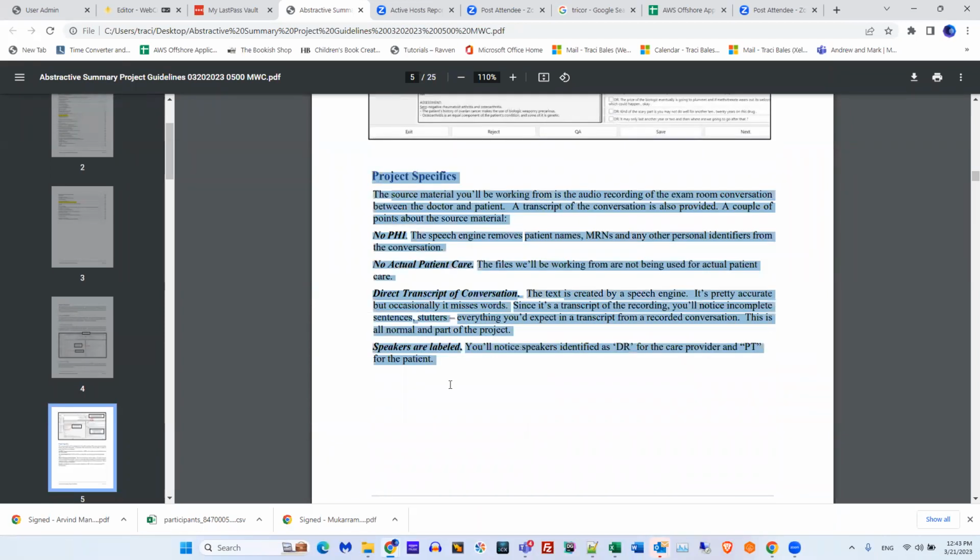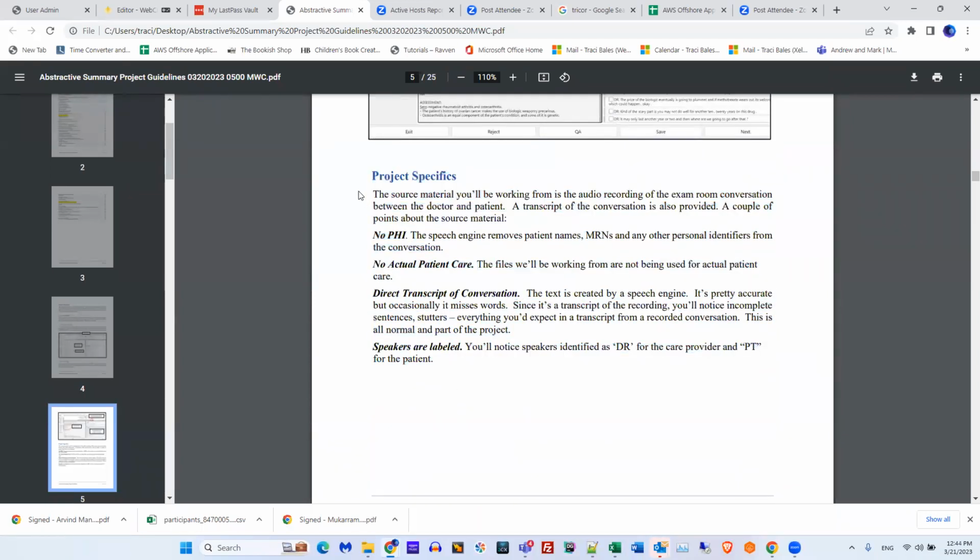Some additional project specifics that I may not have told you is that there is no PHI. So patient names, dates of birth, MRNs, doctor names, doctor locations, locations in general, those are all removed. And that's okay.